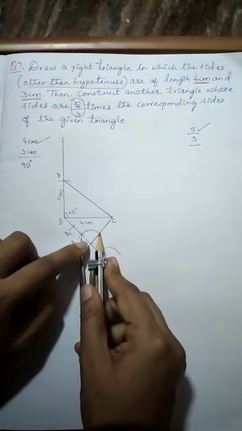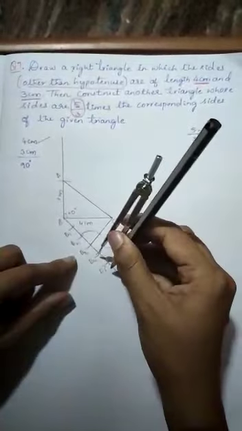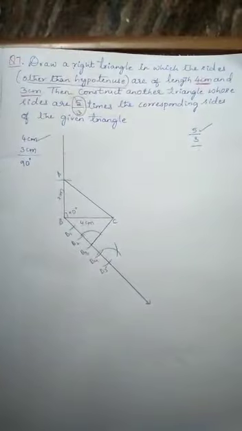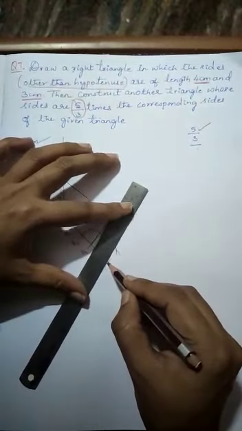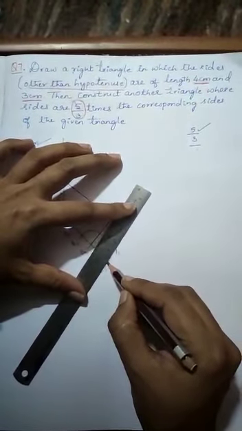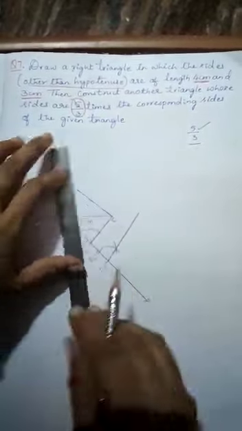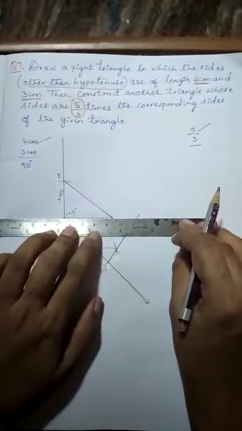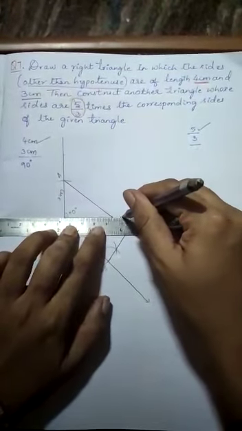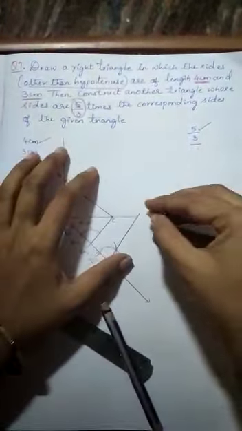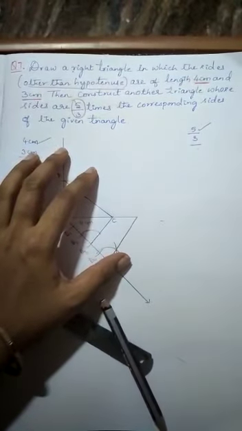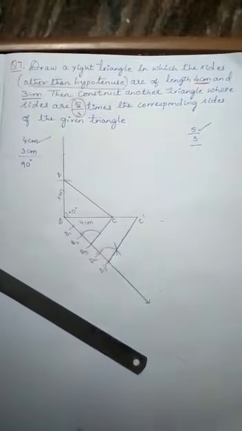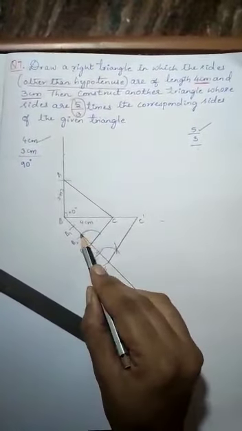Sometimes it will be less, sometimes it will be more. So from here, where this touches the arc, from here you draw. So you got one X mark. From B5 you draw and extend it. You have to extend because the numerator is greater than the denominator. So it will come. So name the remaining point as C dash.